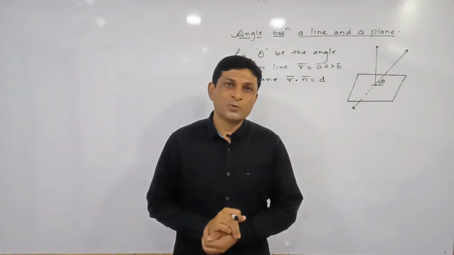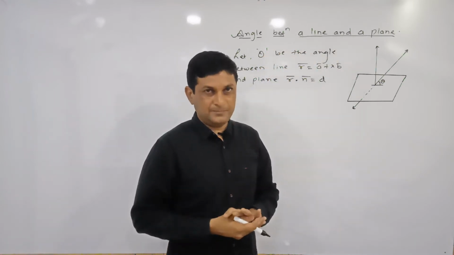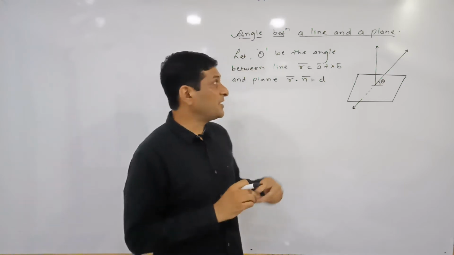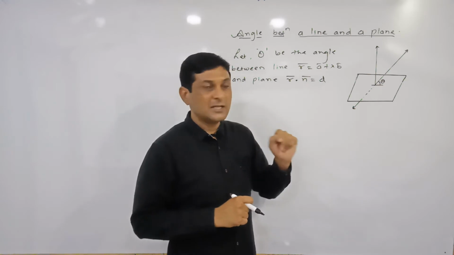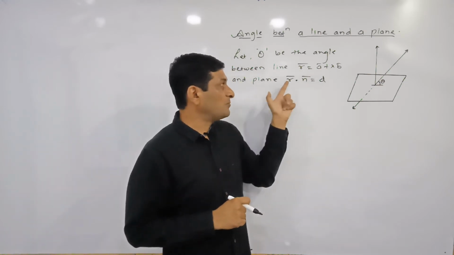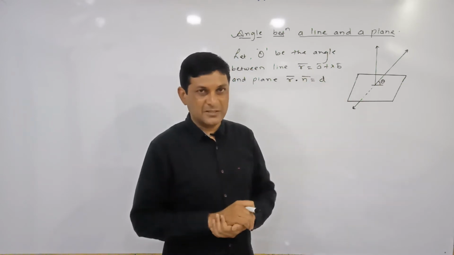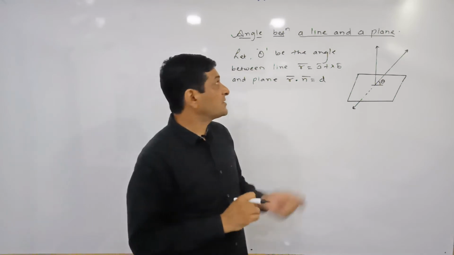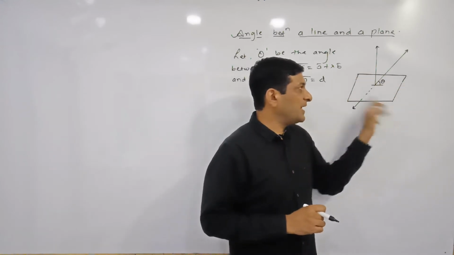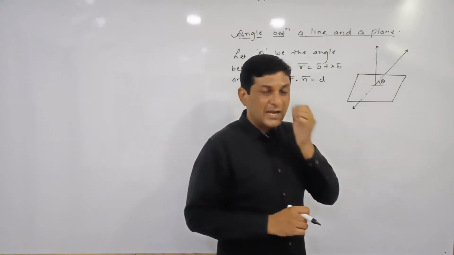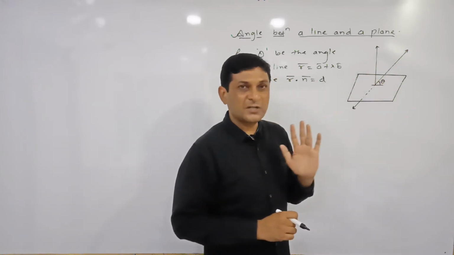Now let us try to prove the formula to find out angle between a line and the plane. So already we know that equation of line in vector form can be written as R bar is equal to A bar plus lambda B bar. And equation of plane in vector form can be written as R bar dot n bar is equal to D, where D is nothing but scalar here. Okay. So now we are supposing that theta is angle between this line and the plane. So here we have taken one plane and here we have considered one line. And what is the angle between line and the plane? Means angle made by this line with this plane is equal to theta.